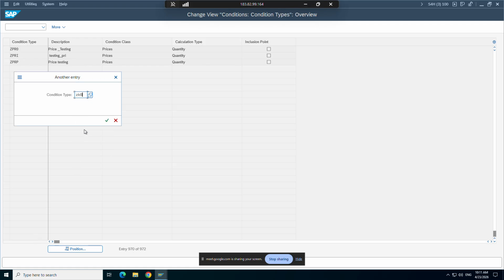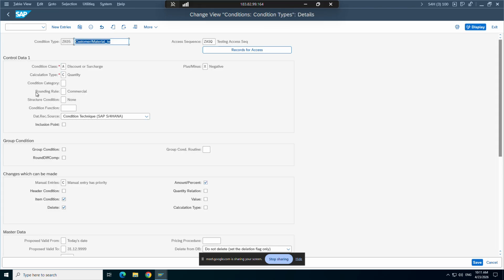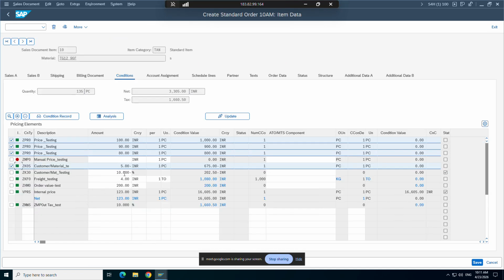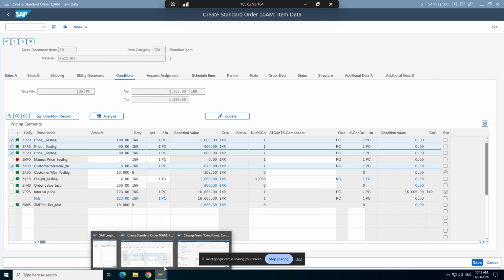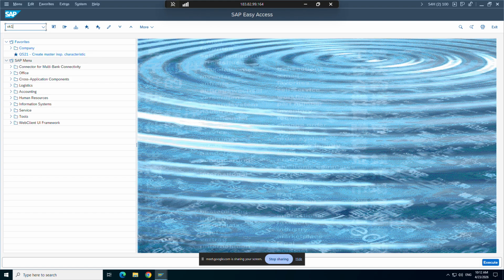ZK05. See, here we have maintained X. You remember when you maintain the condition record, why it is taking minus automatically? You see, it's because of this. Since we have maintained X here. And that is why when you maintain this ZK05 condition record, VK11,